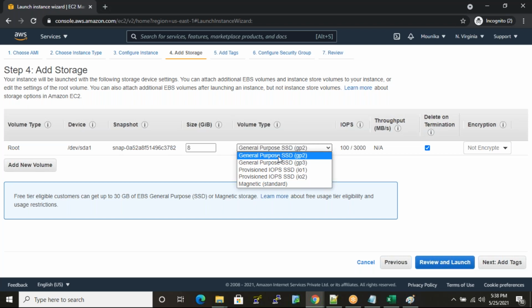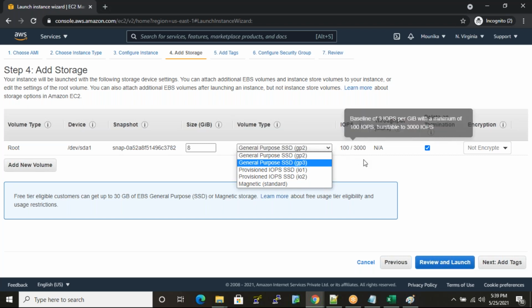So we are always using SSDs. In further days we are all using SSD only. Why? Because the performance is very high but storage capacity is less. So now we need performance, that's why we are selecting SSDs only. So GP2, GP3, IO1 and IO2 are purely dependent on these IOPS configurations. IOPS is nothing but input output operations per second. Okay, so don't worry, we'll discuss in further sessions.